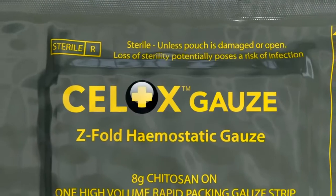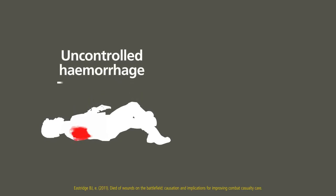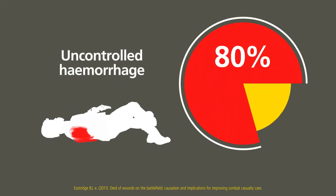Introducing Celox Gauze, designed for the control of life-threatening bleeding injuries. Uncontrolled hemorrhage remains the main cause of death on the modern battlefield. 80% of preventable battlefield deaths are due to bleeding, and is consistent in studies from the recent conflicts in Iraq